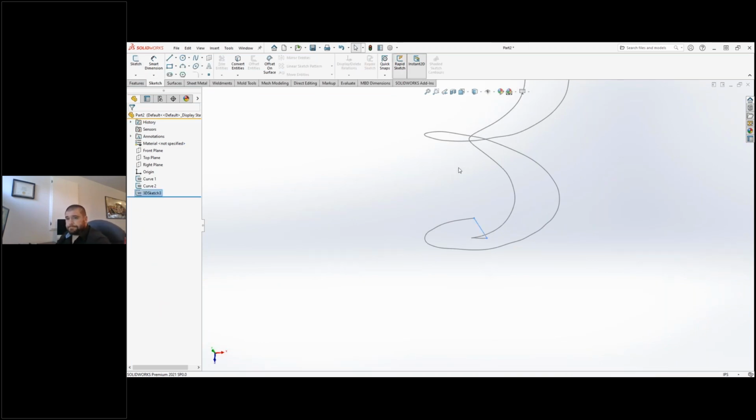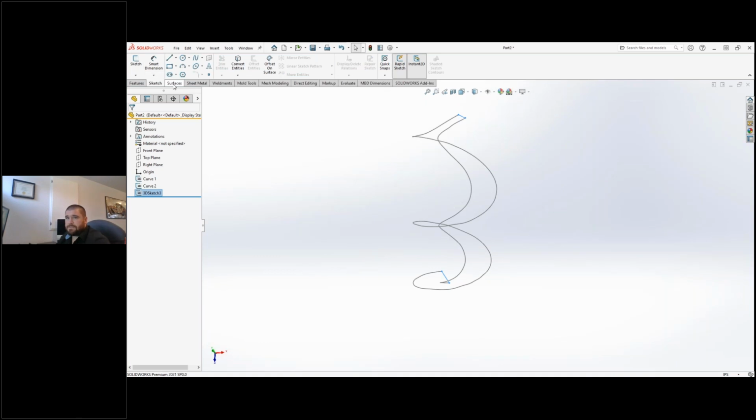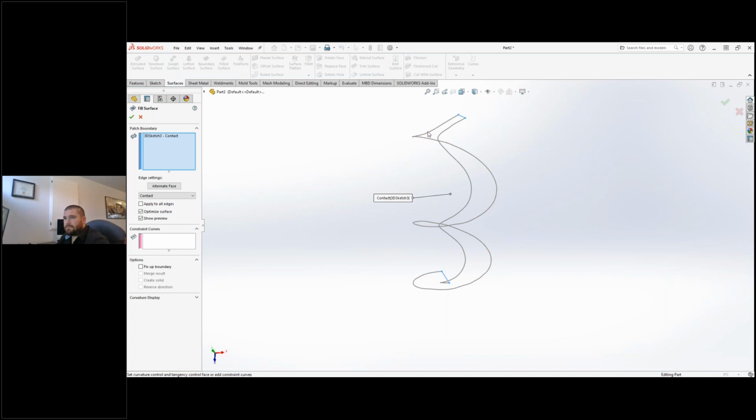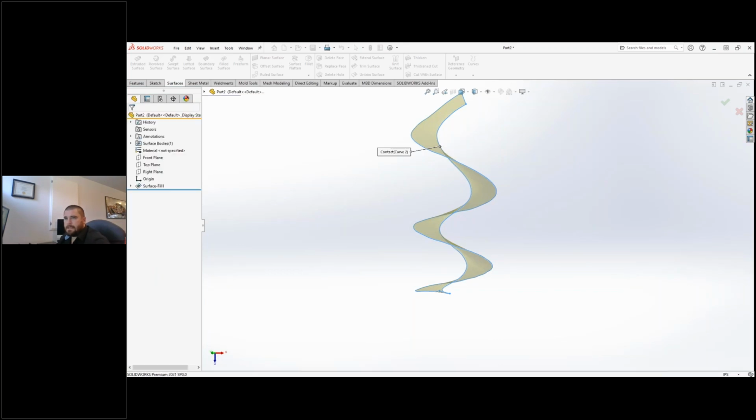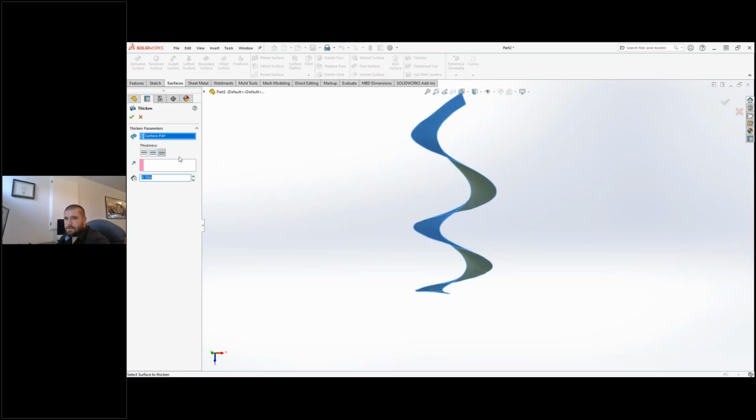So from here, what I can do is create a surface. I'm going to go in the surface functions, and I will fill the face. I select a sketch, so it's going to create a face with the part I just created. So check mark. And then from there, my surface, what I can do is thicken it. I'm going to select my surface downwards, and let's say this is, I don't know, a 1/4 inch plate. So I'll put 1/4 inch thickness,